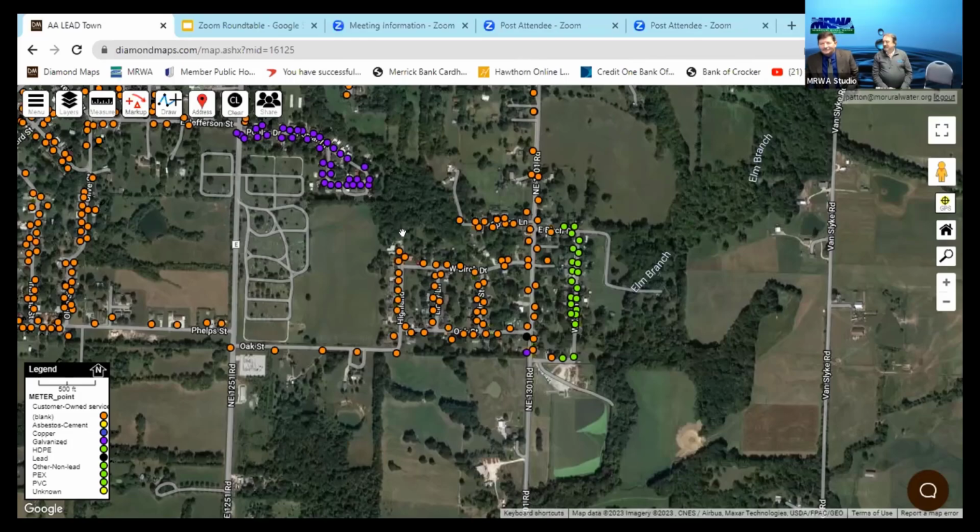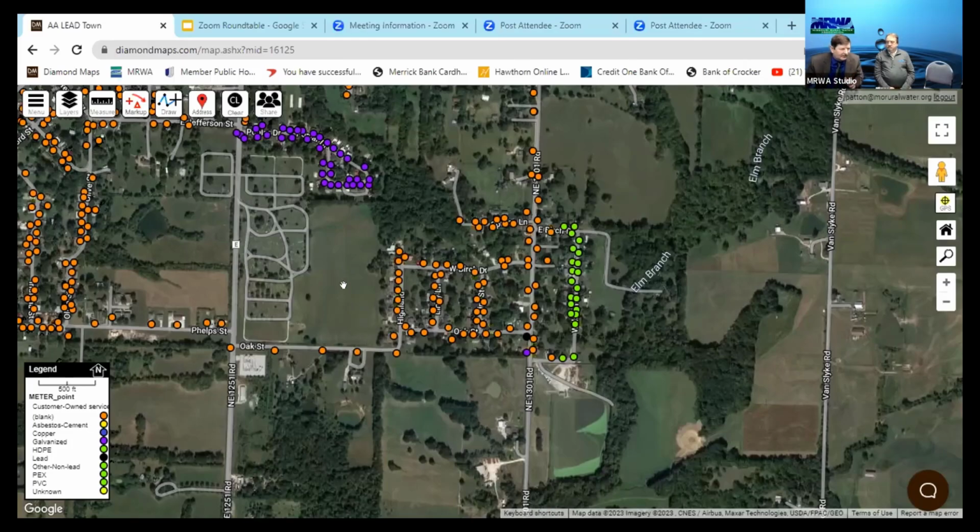All right, I know this has been kind of a drawn out deal, the 2 hour class. But I want to real quickly, since we're talking about these spreadsheets, tell you what we've done. We worked with Ben Hill at Diamond Maps to get that spreadsheet added to the GIS map, which will make things a lot easier for you if you're set up for it. I'm going to demonstrate some of the things it'll do. I know Ben Hill's with us, and I may have him pop on real quick, but we'll get you his phone number so you can call him and ask all the questions. Let me show you the advantage of putting this on your map.